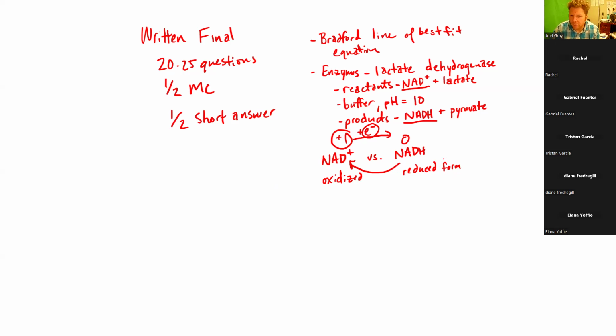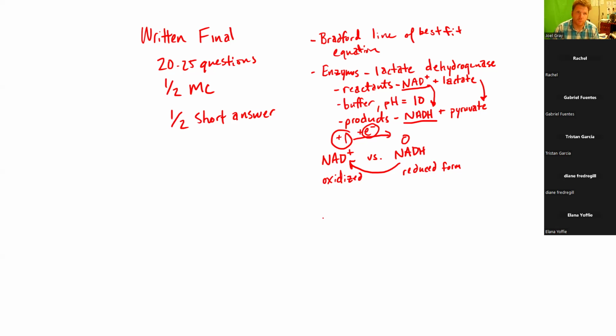So that's kind of our reaction that's taking place there. Our reactants: NAD plus, lactate, buffer at a pH of 10. NAD plus is getting reduced to form NADH. And if NAD plus is getting reduced, that means that lactate is getting oxidized, and vice versa. Now, whenever I ask about reactants and products, that's typically a place where